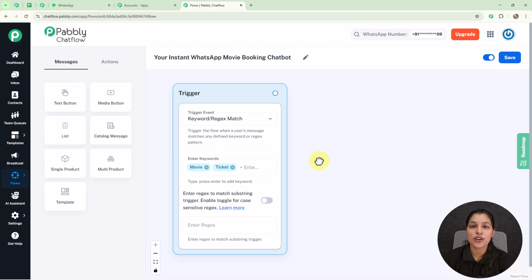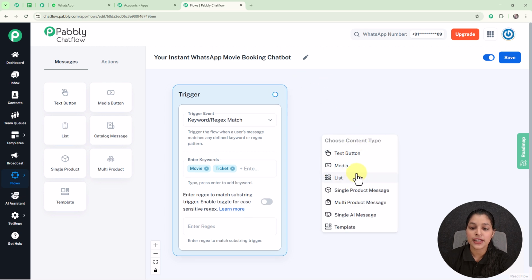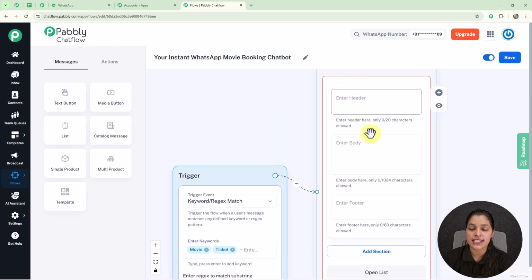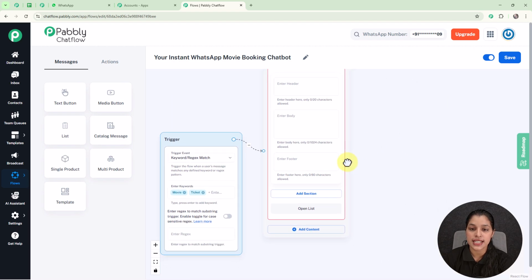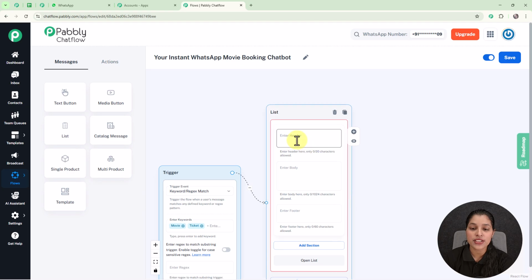customers with a list of movies they can select. So for that I am going to create a list message. So for that you simply have to drag and drop, and here you can see we are getting the option for list. So you just have to select it, and you will be getting this list node where you can create your own list. And here on this list node it is asking me to enter header, body, and footer